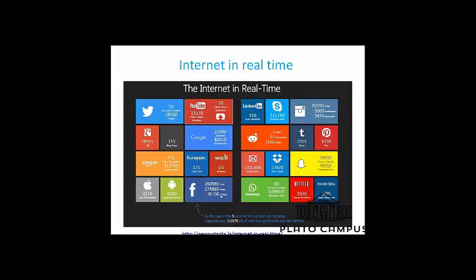30 GB of data was transferred only on Facebook in just 5 seconds. So you can imagine the data size. If this much data is being generated and transferred over internet in just 5 seconds, and if I talk about data of 1 day or 1 year or maybe the last 10 years, then what would be the data size? So to deal with this much data, we need a technology, that is Hadoop.